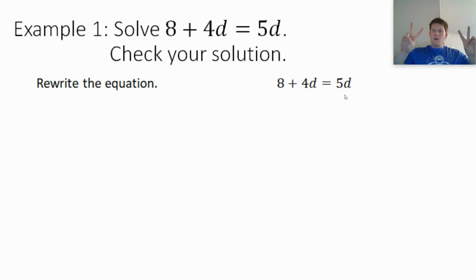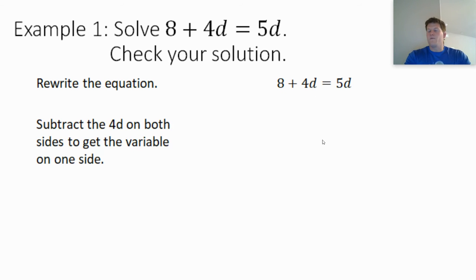And we actually move the same way we would in our other equations by canceling them out, by working with the inverses. So I'm going to do the opposite of plus 4d. I'm going to subtract that 4d on both sides. When I do, it cancels it out here on the left, and then I get 5d minus 4d on the right. 5 minus 4 gets me 1d. 8's the only thing left over there.